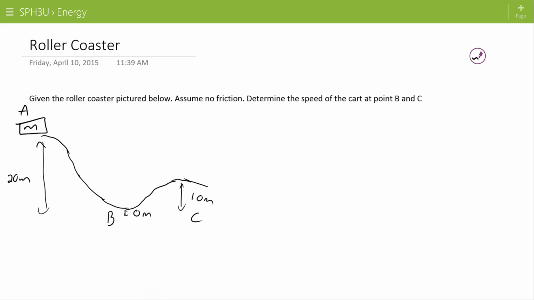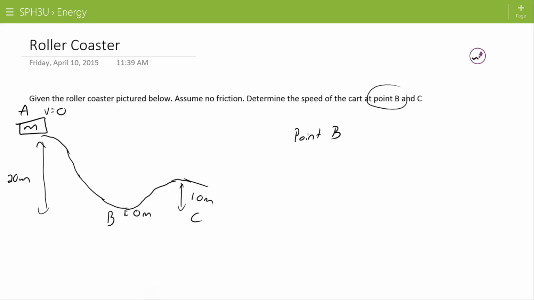The best way to do this problem is to just recognize that really it's two problems, so we'll deal with each problem separately. Let's first find what the speed of it is at point B. I forgot to write here, but we're going to assume that the roller coaster starts from rest at the top of that top hill. So, at point B,